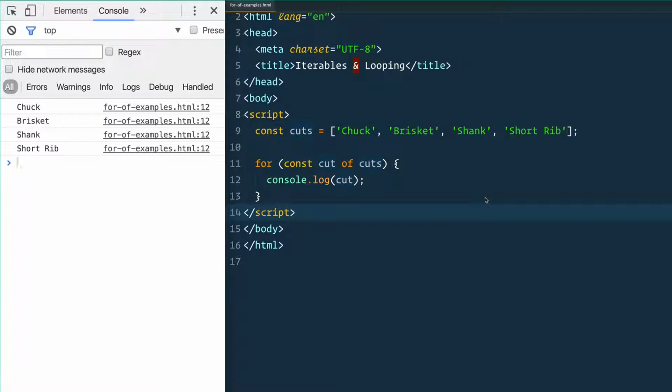Let's take a deeper look into what an iterable actually is. So here I've got my array and I'm looping over it and I'm console logging the cut. No big deal. But what if I want to get the index of the actual cut as well, to say like chuck is first, brisket is second, etc.? There's no real good way to do that right here unless I were to say cuts.indexOf and find it